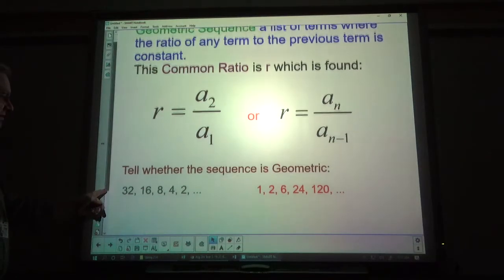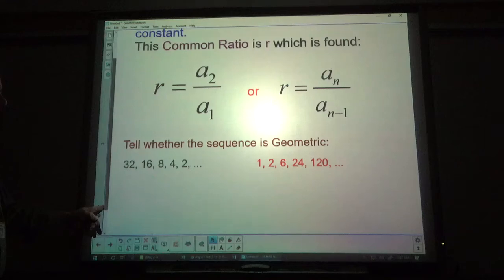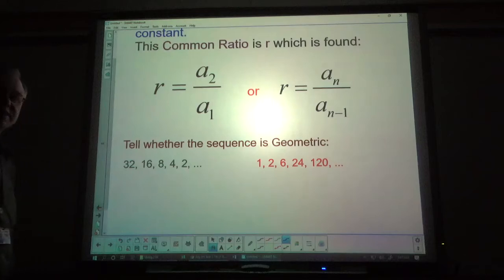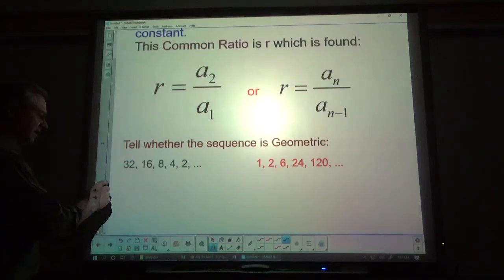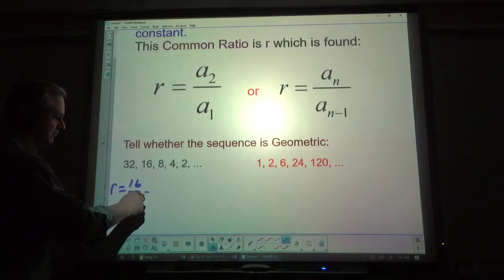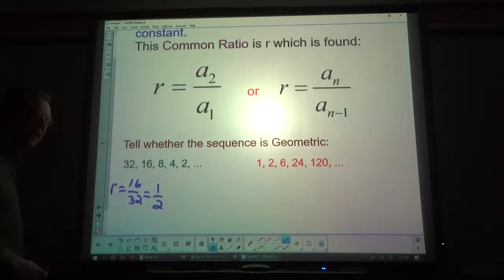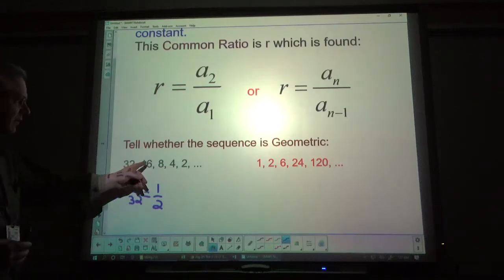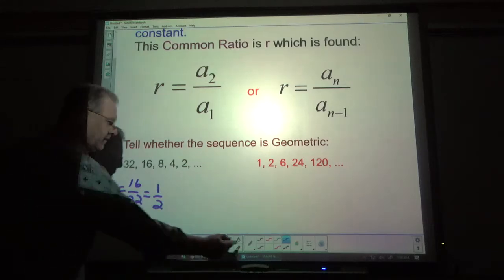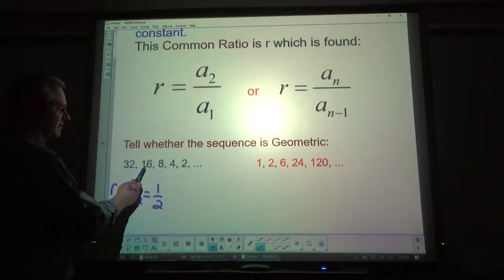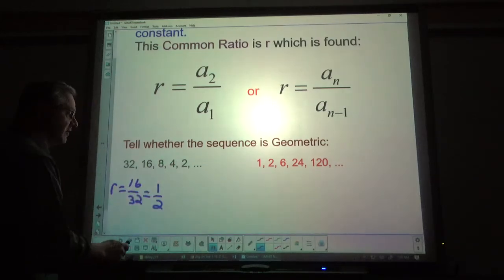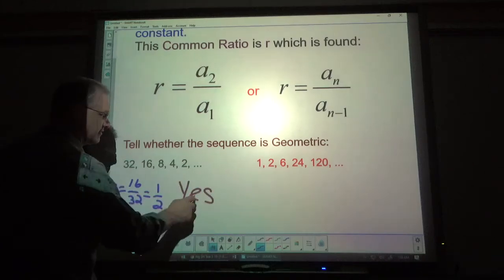So the next thing is to tell whether these two sequences are geometric. Probably the easiest way to do that is to try to find r, in this case 16 over 32, which reduces to 1/2, and then see if multiplying by 1/2 gets you the next term for every term shown. In this case, half of 32 is 16, half of 16 is 8, half of 8 is 4, half of 4 is 2. It does work. So therefore, yes, it's geometric,